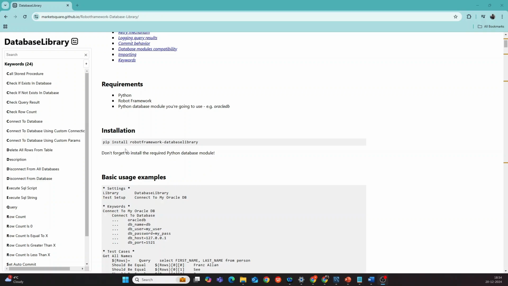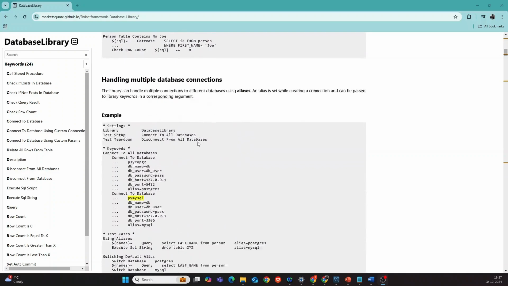But here there is also a clear note that says do not forget to install the required Python database module. Robot Framework database library is a wrapper around Python database modules, and it allows you to connect and work with different databases. If you scroll down,